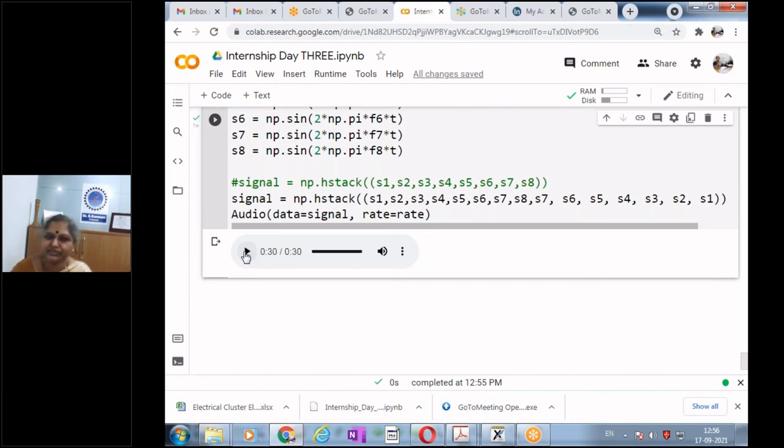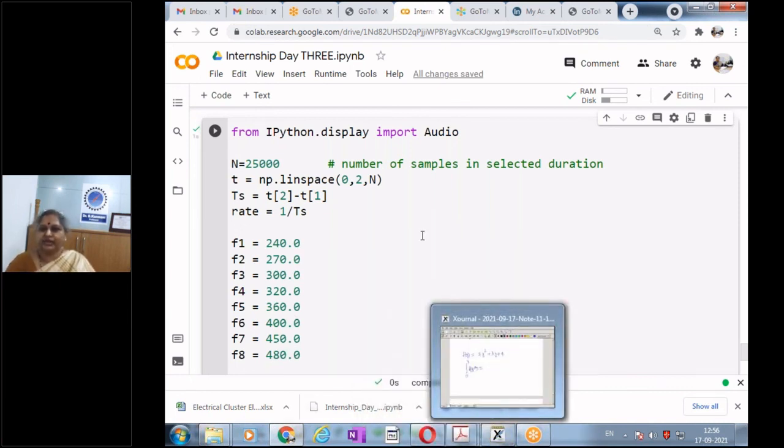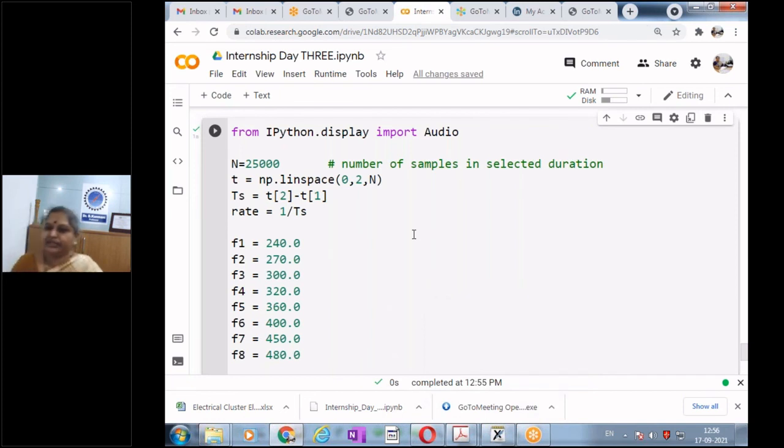So what we have done is we have tried to play the different notes of music. You can check out the frequencies. It starts with the first note and ends with the 7 notes of music. Finally, the next one is double the initial frequency. You start with 240, then 480. You can compose your own music by playing different frequencies of different durations. And this is just for fun.